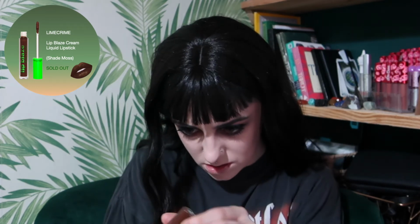But it's really funny. I think I'm going to skip highlight just because I want to keep this quite matte and bronzy. You can't even see my mascara because my eyeliner is so thick, but it's fine. I do have a new lip colour that I want to use though. I think we've done everything, haven't we? I forgot how to do makeup. The Lip Blaze Butter Glaze by Lime Crime in shade... oh crap, I don't know what shade. It doesn't...